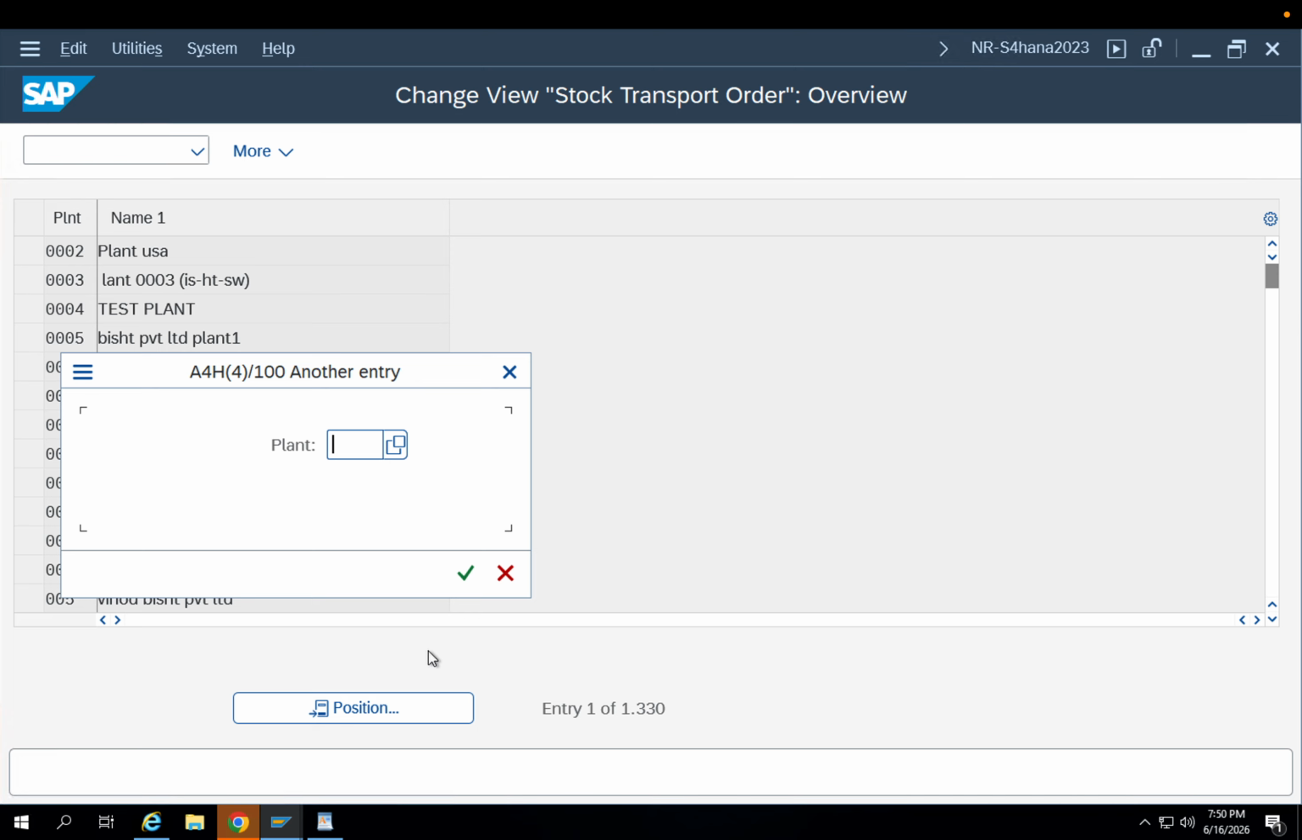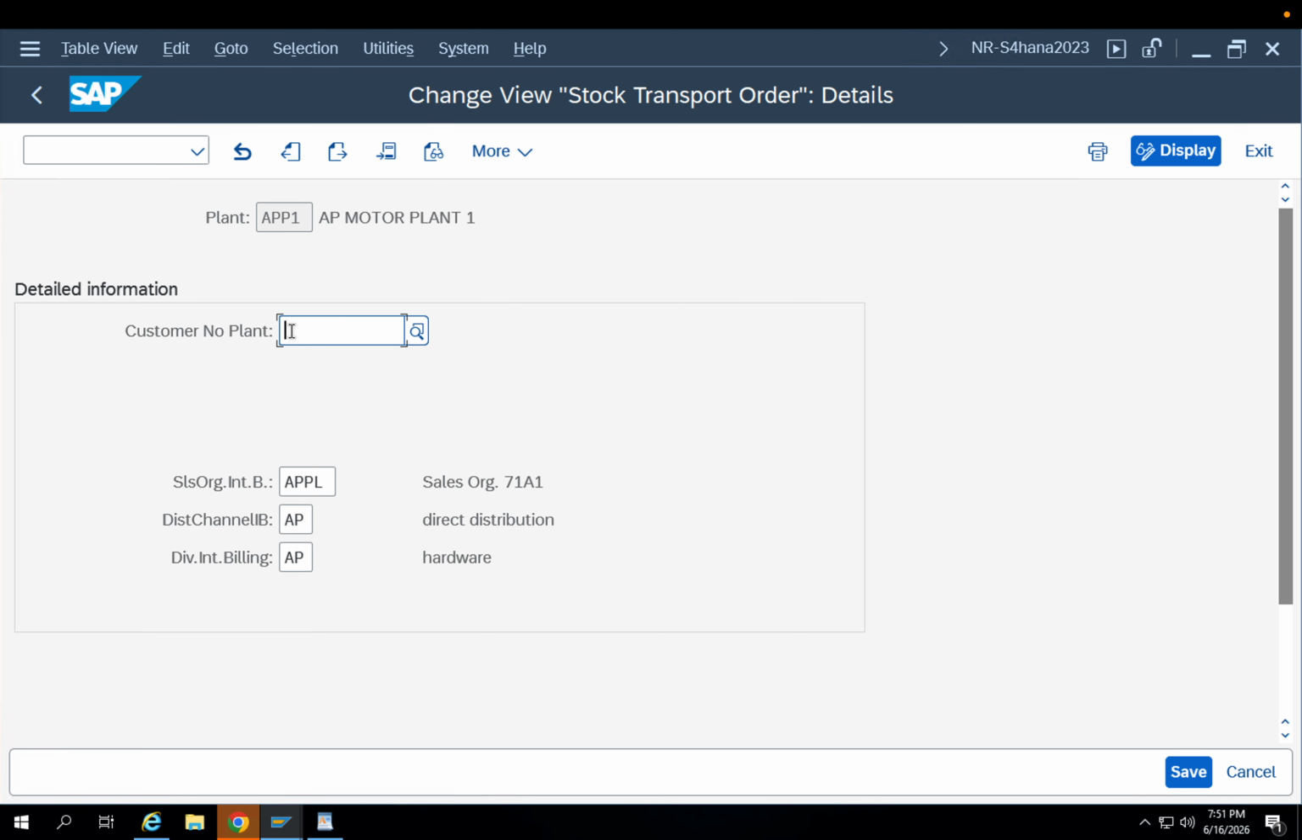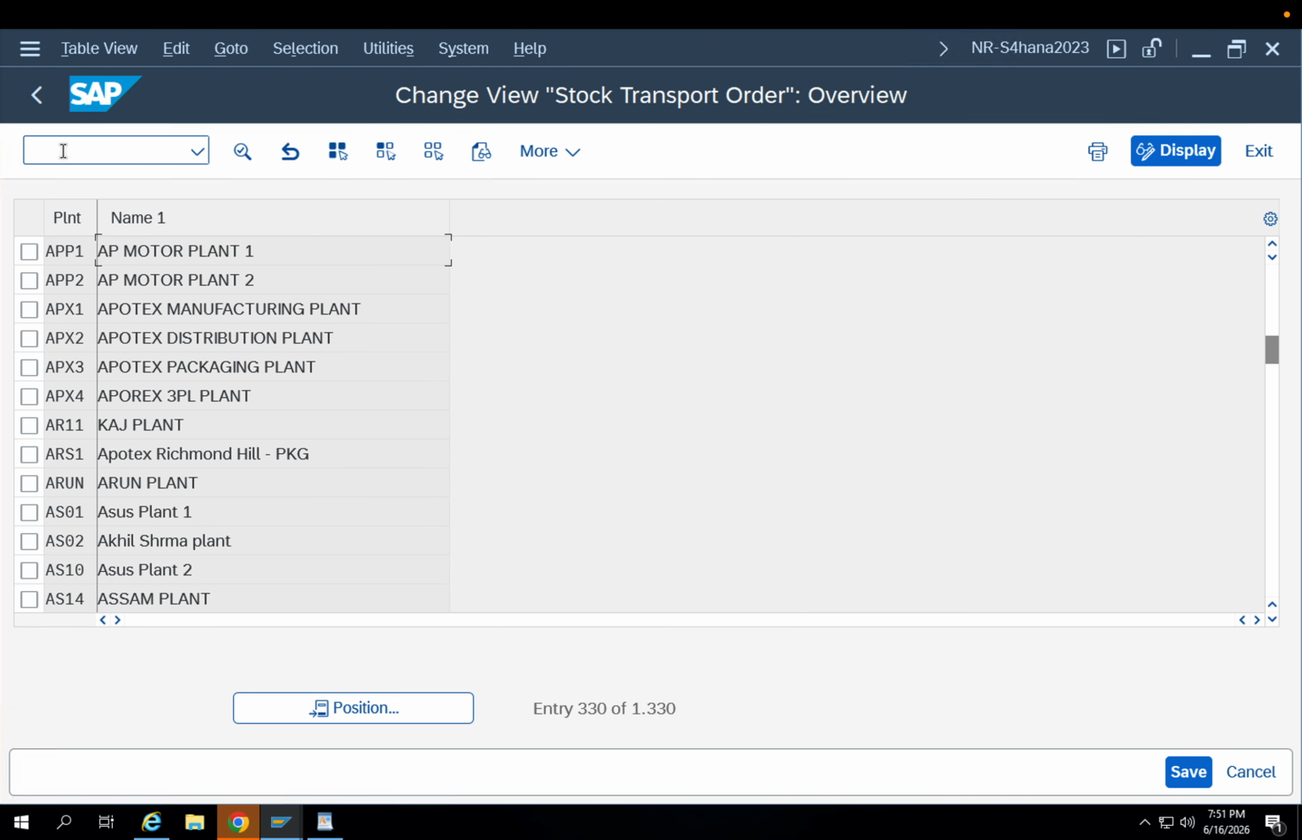In receiving plant. What is the receiving plant here? Receiving plant is APP1. In APP1, I'm just assigning this customer number. Okay, clear? It's clear? Yeah. Okay. And we already did